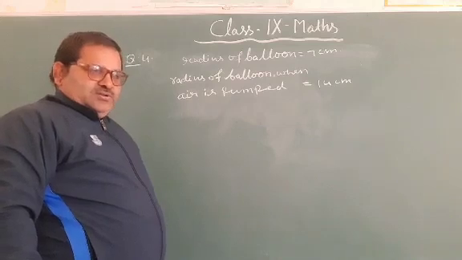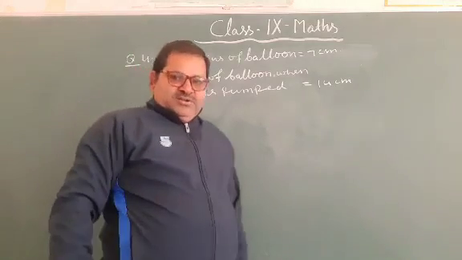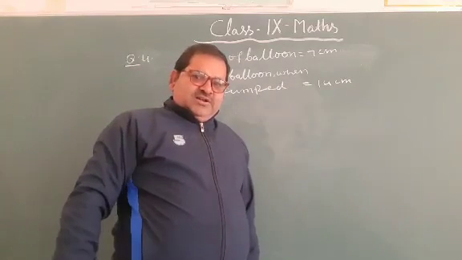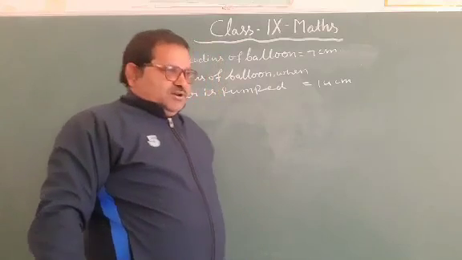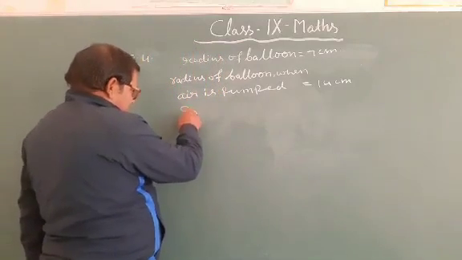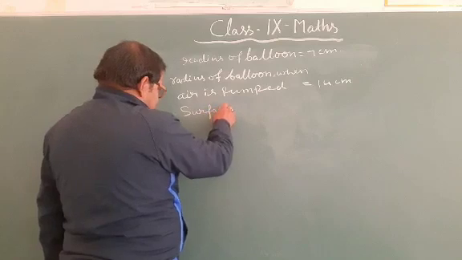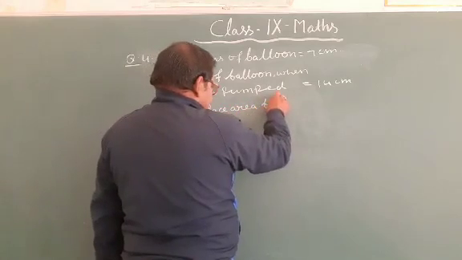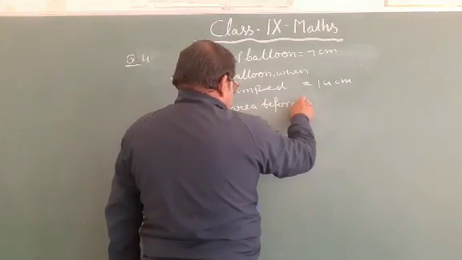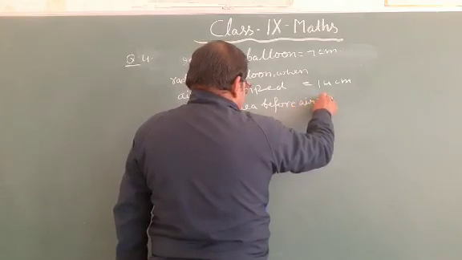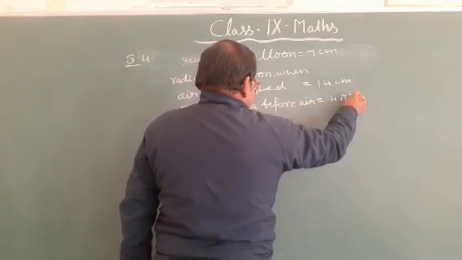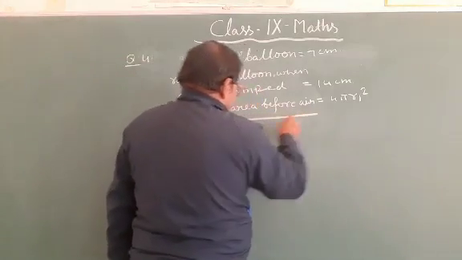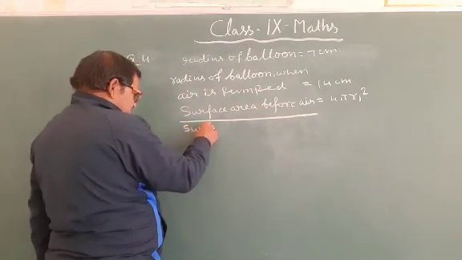The surface area before the air being entered and surface area after the air being entered. So the surface area before air is 4 pi r1 square, upon